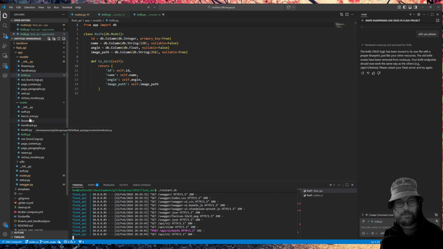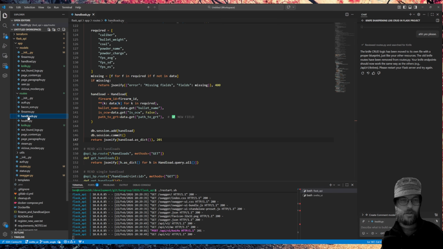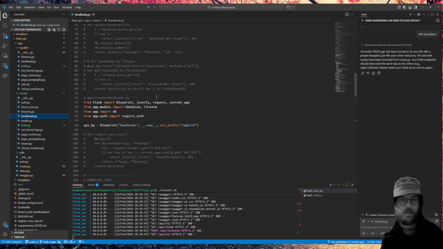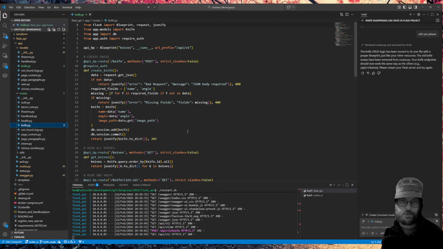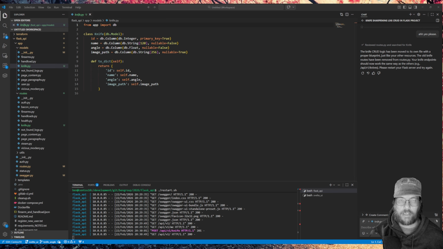Basically what happened was all the other models had their own route. So I come up here and they'll have their own route defined, including the prefix URL. There wasn't one of those for knife. It did not have its own custom route. So it was saying, hey, API v1 does not exist because whatever. So if we come back,